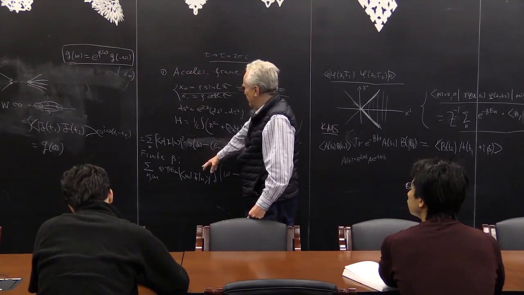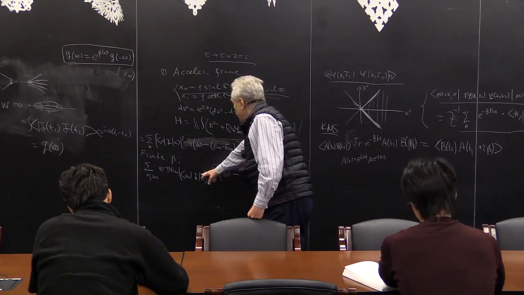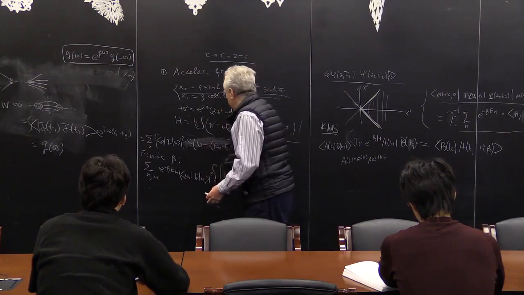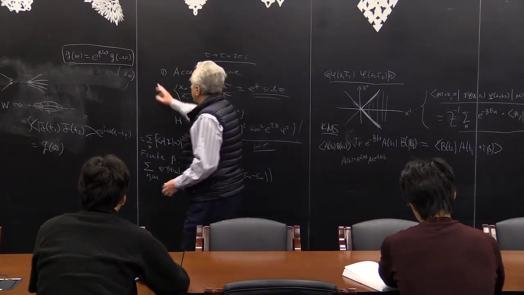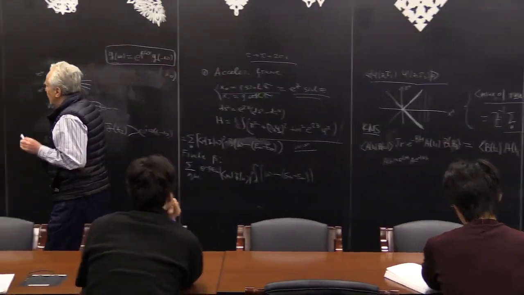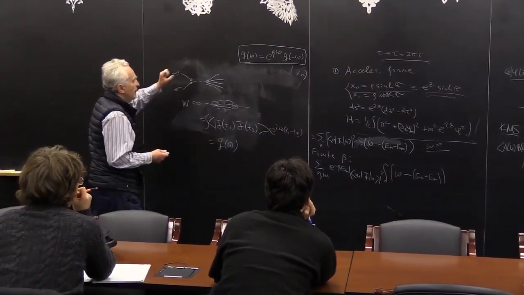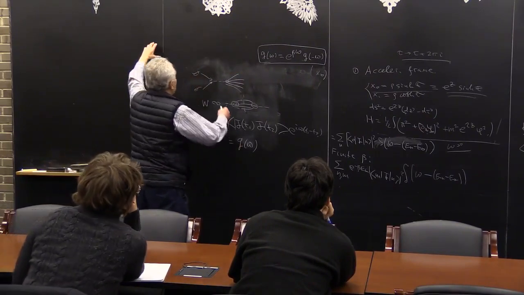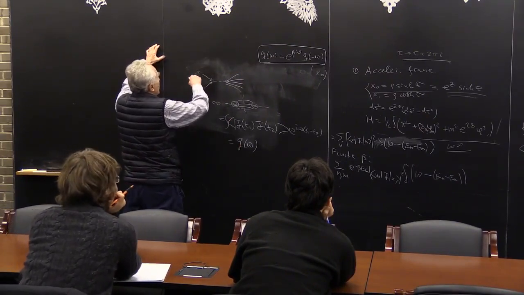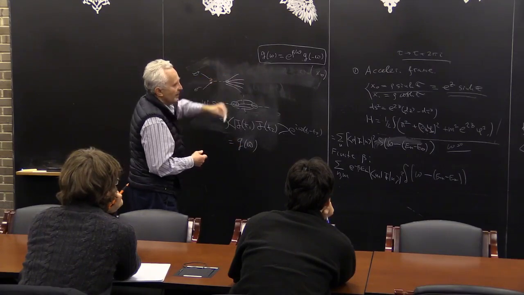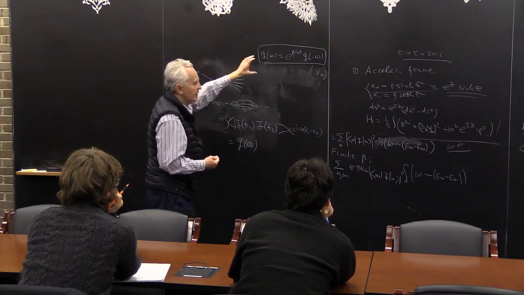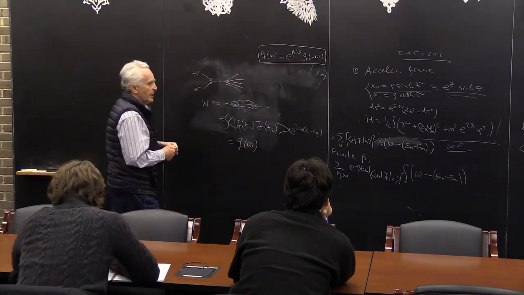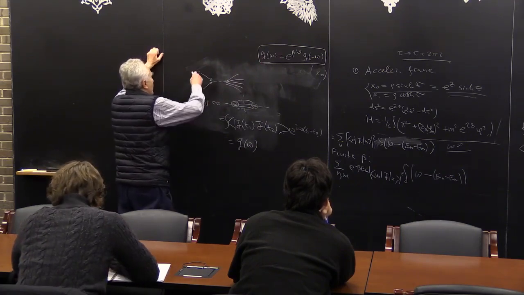It's actually simply interchange n and m. When you change omega, you get an extra factor e to the beta omega from here. This is now what this formula means. It means the very simple thing. One of the applications of this formula is just the Einstein relation between absorption and emission,